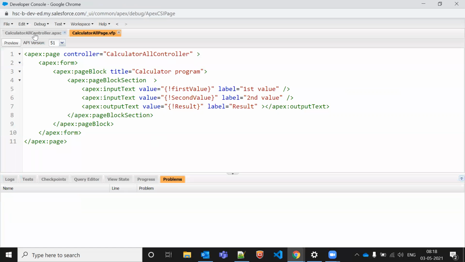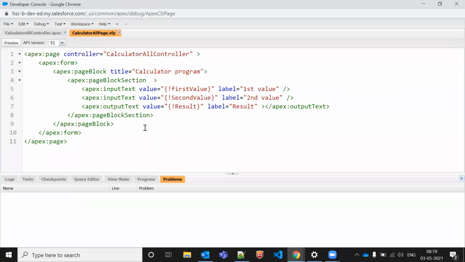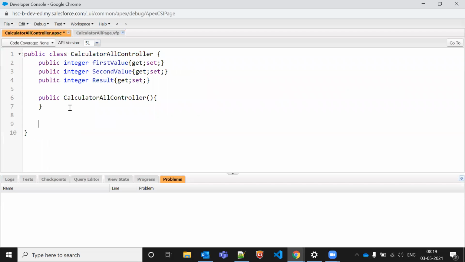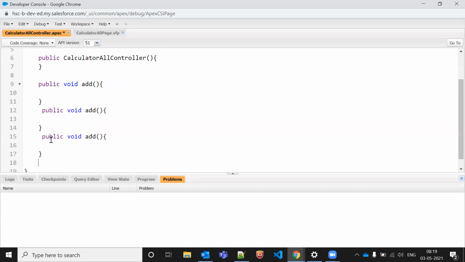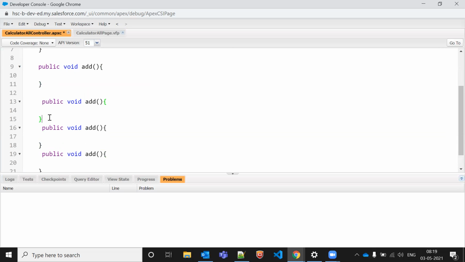Okay, so now let's do one thing. Let's create buttons. There is a button, so we have to create a button here. Different four buttons we have to create. So every button will perform some action. It means if it is performing some action, then we should have methods here. So if we create some methods here, now we go to create a method, public void add, or whatever we can say, and let's create other methods as well. Okay, let's give one space. It should be very clear.